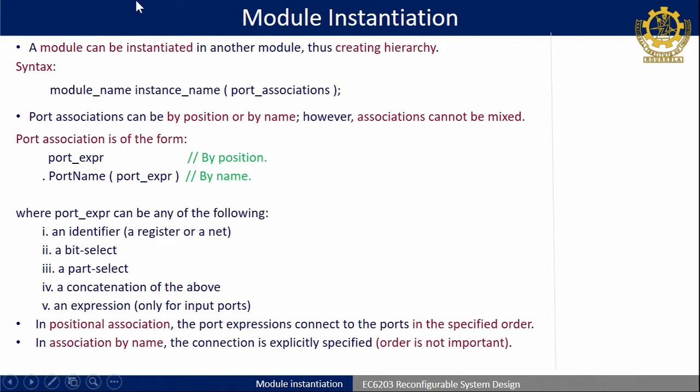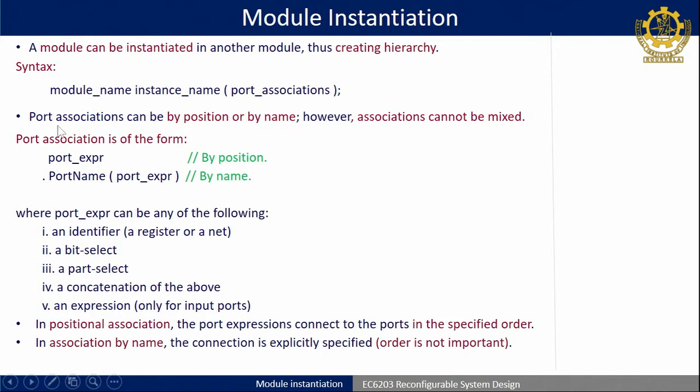Okay. In previous tutorial classes we have already discussed this, but we will see it again in detail. A module can be instantiated within another module. Designs in the VLSI design flow are mostly hierarchical in nature. That means many modules can be instantiated in another module to become the system. Instantiating the module and creating the overall top module is called module instantiation. The module you are instantiating is now a component of the top module. The top module is the module where you are calling that sub module.